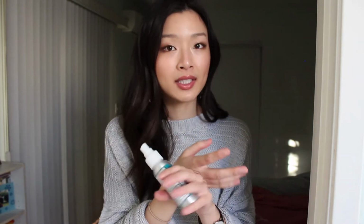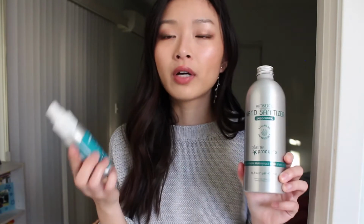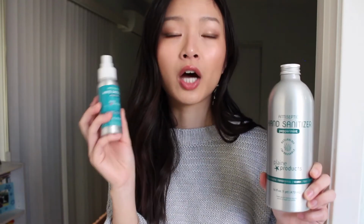And I love it because it is light, it's not sticky, and it doesn't feel like you have hand sanitizer on, so it dries very quickly. And there is 70% alcohol in here, but it doesn't smell as strong as some of the hand sanitizers I've been using. And I've been using a lot of hand sanitizer in the past couple months, so I've been really enjoying this. So all of our products are in aluminum bottles because aluminum is 100% recyclable, actually recyclable, because